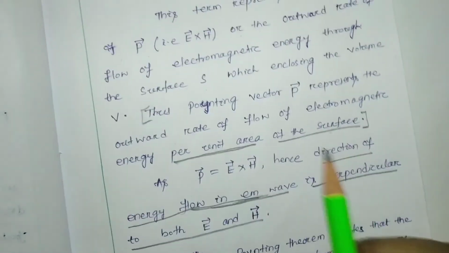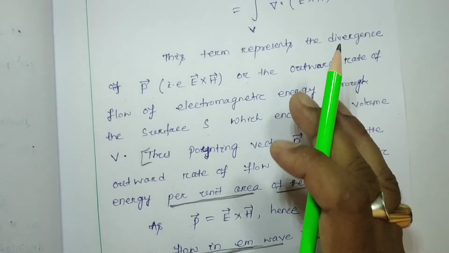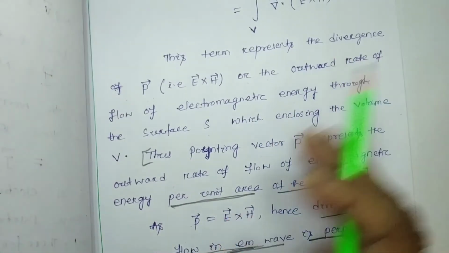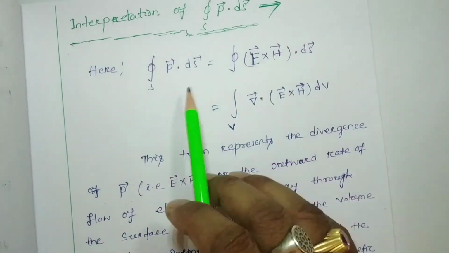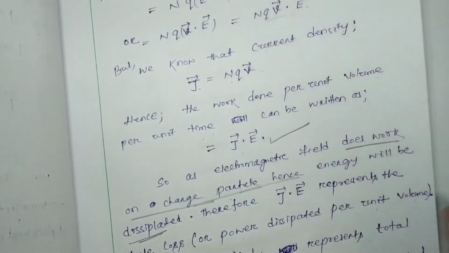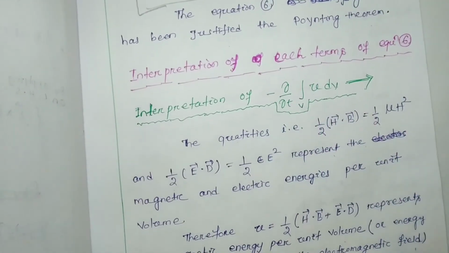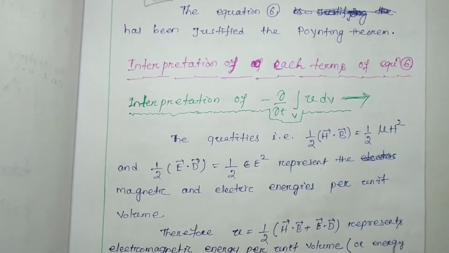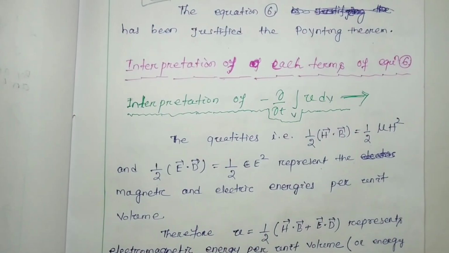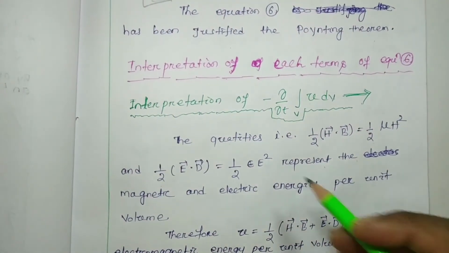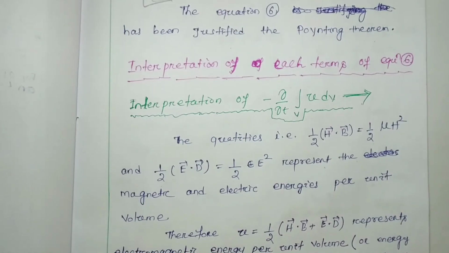No need to write these things once again. Within one or two lines you just write the physical meaning of each term. But I suggest you write all the things whatever I explained in this video in your notes. In the exam you have to write as I told you.